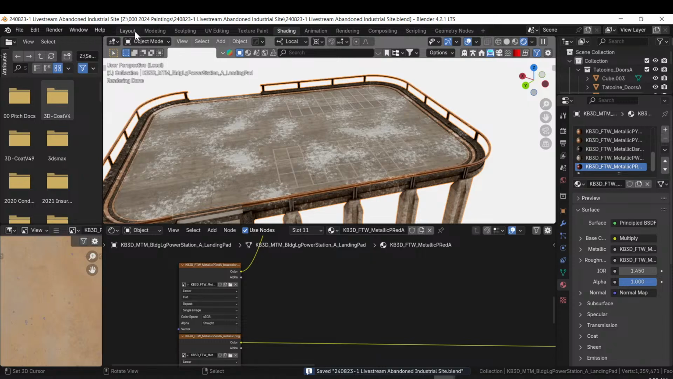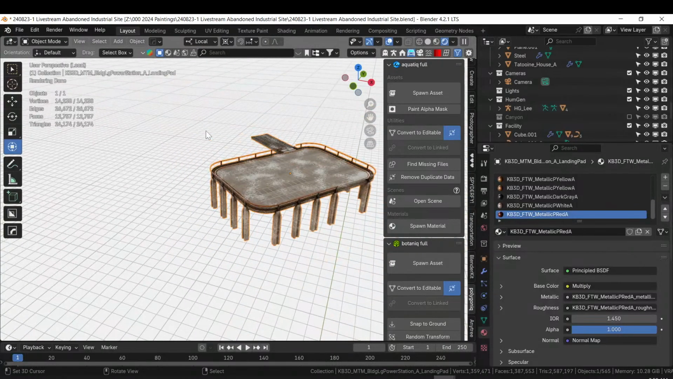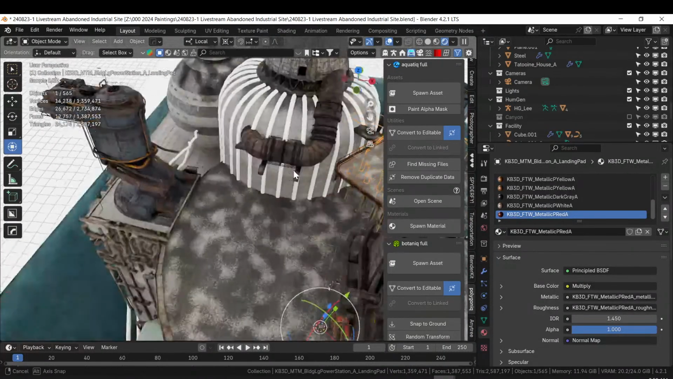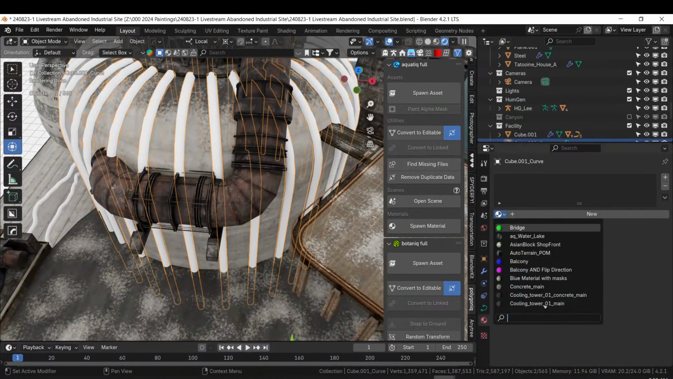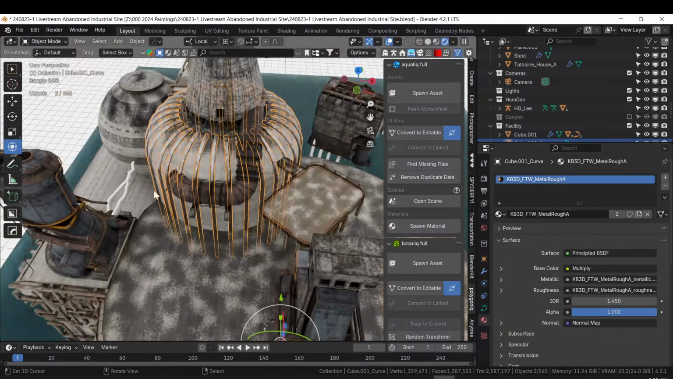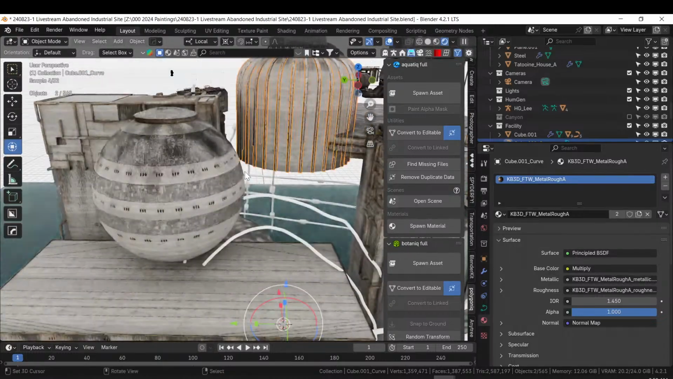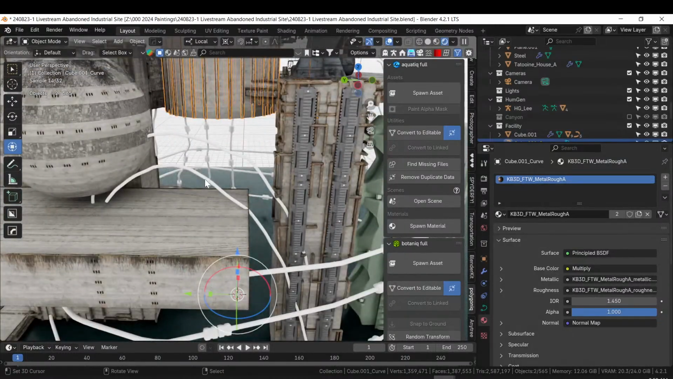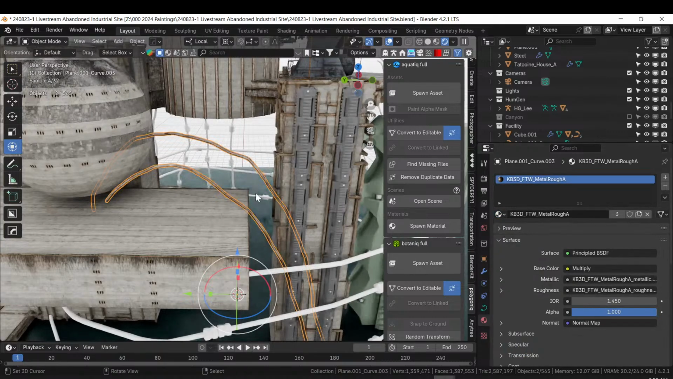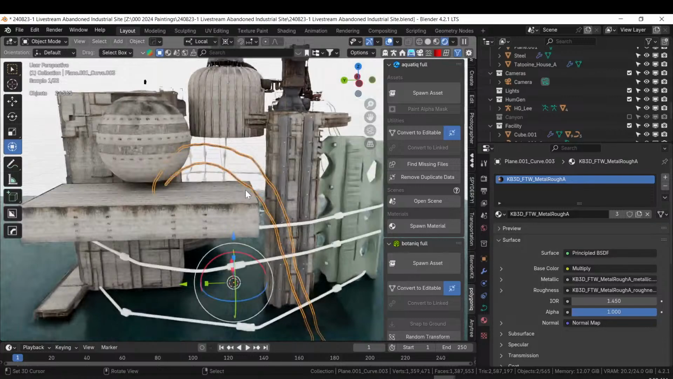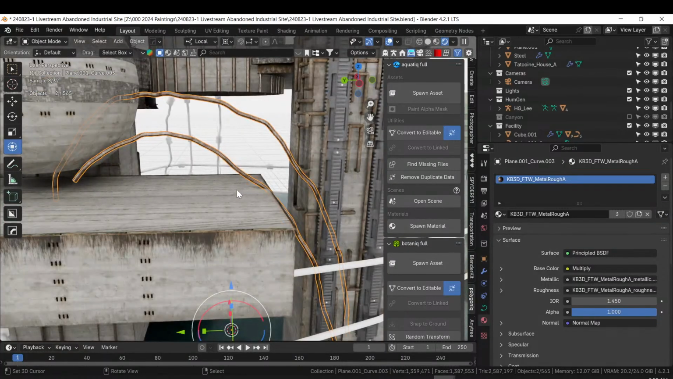Layout. See, I knew this was going to take us a while because it's kind of a large undertaking, but I'll hang out for a bit more. Let's go with FTW metal rough A. Cool. I think that will work. FTW metal rust A or rough A. Sure. And I think